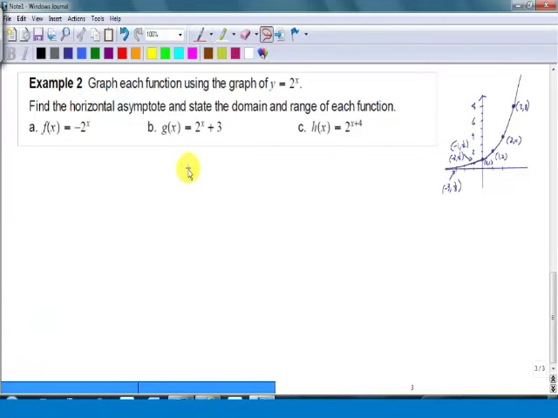Making it negative, multiplying by negative 1. And it actually does make it negative at that point because 2 to the x is always positive. If we put the negative sign in front, then it'll make it negative. So